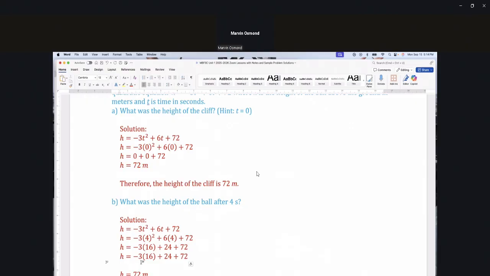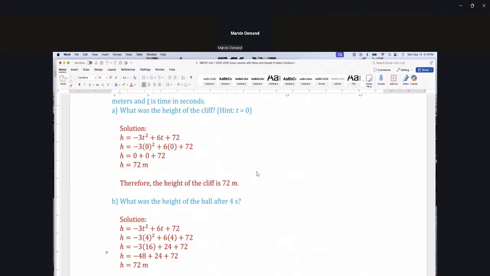So a negative 3 times 16 is 16 and 16 is 32, and 32 and 16 is 48. So it's a negative 48 plus 24 plus 72. So now you might need a calculator for this. So a negative 48 plus 24 plus 72